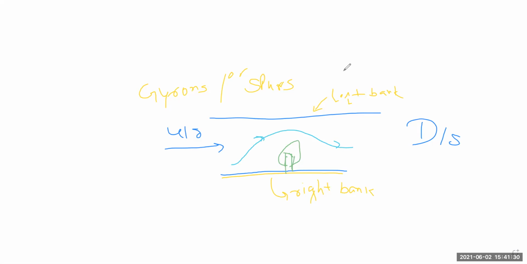This type of guidance is repelling the flow. The property is repelling the flow away from the guidance. A scour force caused by the formation of vertical eddies is developed away from the bank. Here the eddies form. This portion is away from the bank, away from the right bank as well as the left bank. So this is repelling in nature.